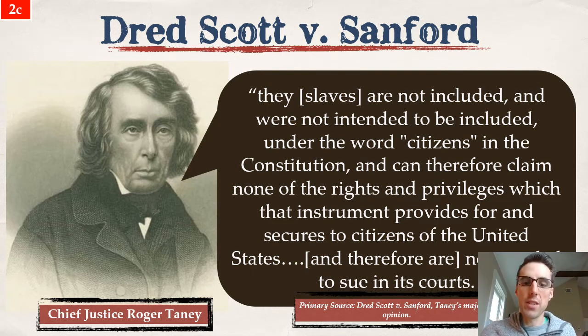Guys, this is an incredibly huge, gigantic pounding, right, of that slavery wedge into America, because black people everywhere and Americans everywhere are saying, well, this can't be true. This is patently false from my experience, right? I have citizen rights. My state protects my citizen rights. And yet here we have the Chief Justice saying these things, right? Were not meant to be true, and therefore they cannot be true. Huge, huge. So what does this mean for Dred Scott? He, right, cannot be free.